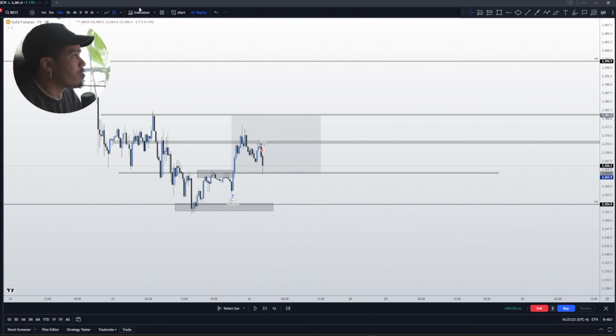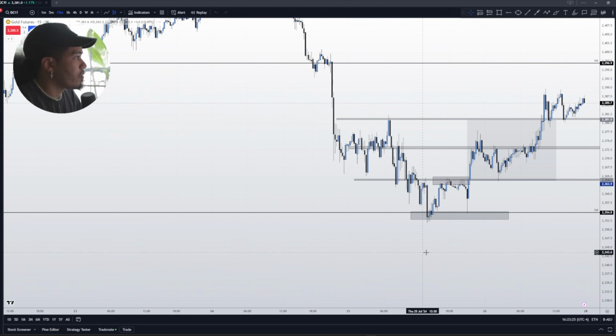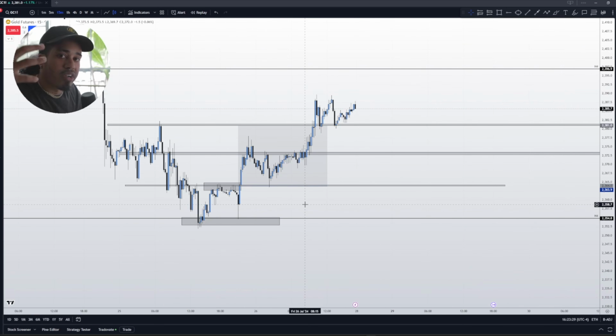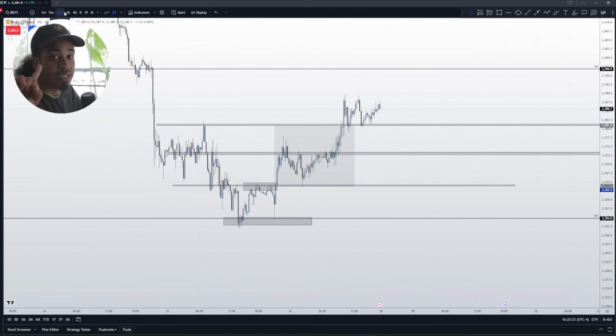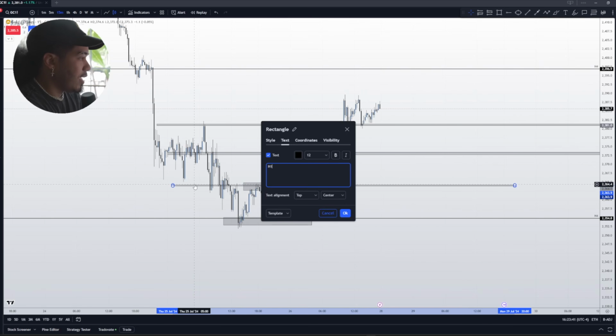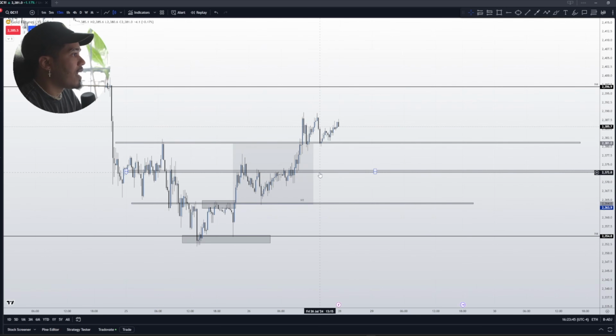Now, in order for me to look for another entry, right? That was the first one, the break of the high here. Where would I look for another entry, guys? We're on the 15-minute now. We already marked off from the daily, 4-hour, 1 hour. We have this resistance, this box right here. This is the 1 hour. Let me mark it off. H1.